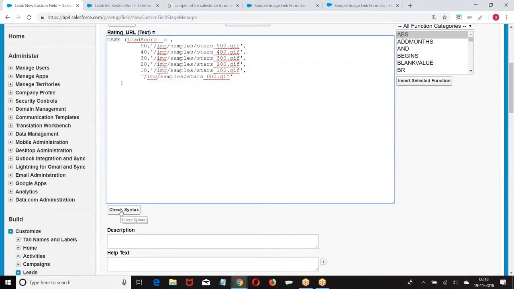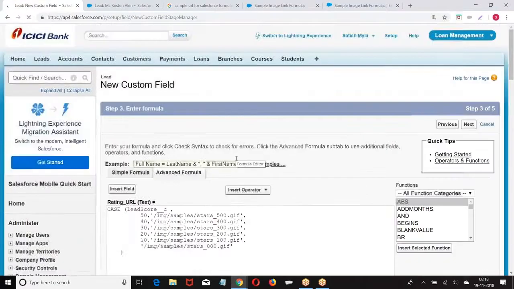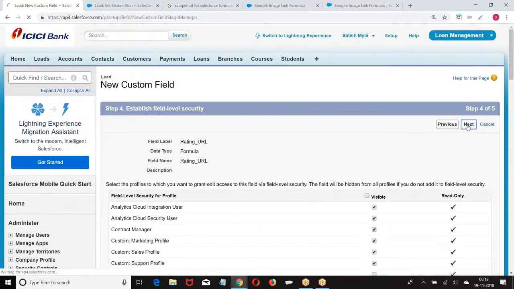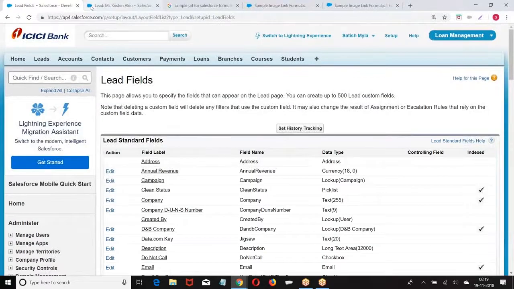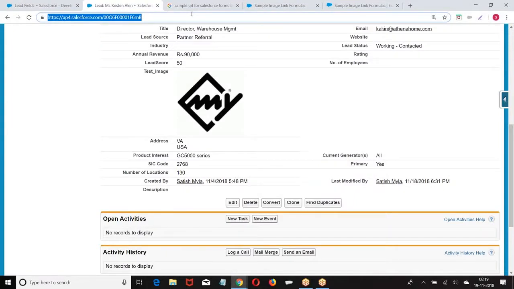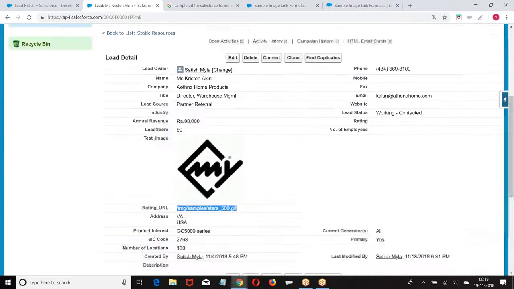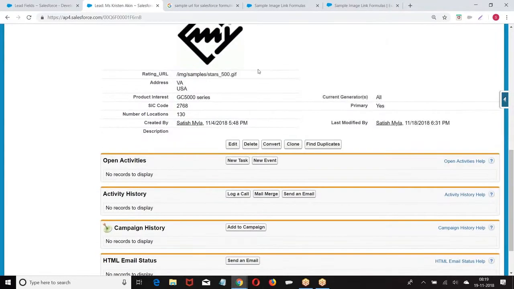Check the syntax. Next. So this is going to give me the URL of the image. This is the URL. Because the score is 50, you are getting the 5-star URL.